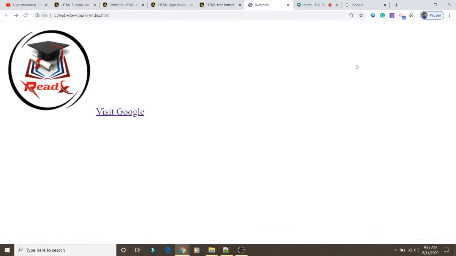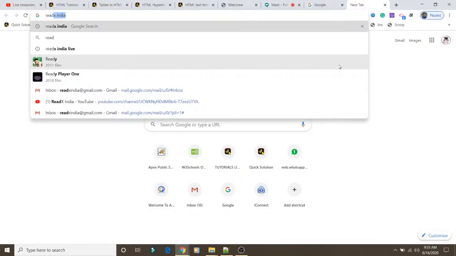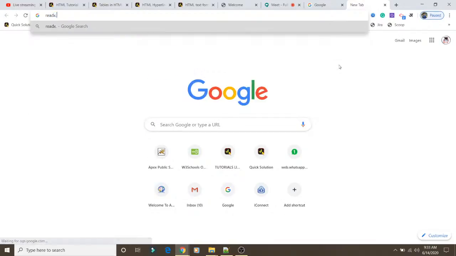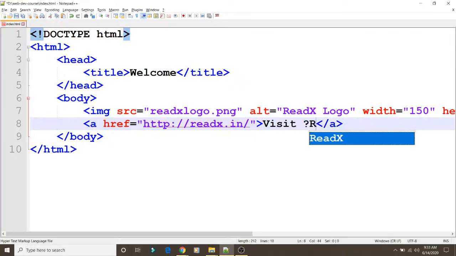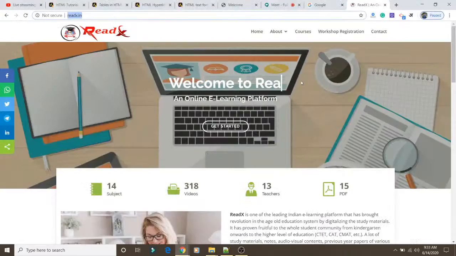Similarly, if I want to open the Redex website on clicking, we'll copy the link of this website and paste it over here. Fine, this is the website link, and now we'll mention visit Redex website. If we refresh this page, the text is visit Redex website.